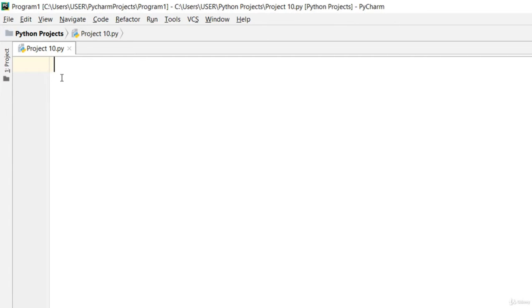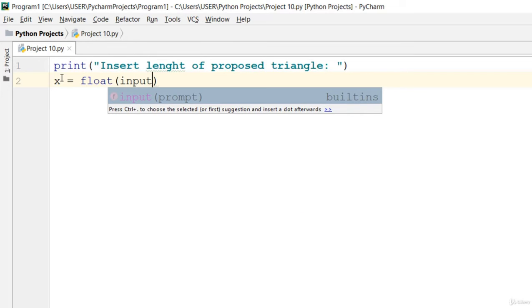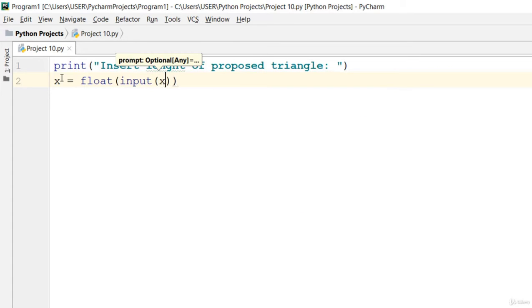Let's go ahead and kick off immediately by requiring the user to input the sides of the triangle. Let's say print, and then we'll ask the user to insert the length of a proposed triangle. Now we'll start. Let's say x is equal to float input, and let's say x